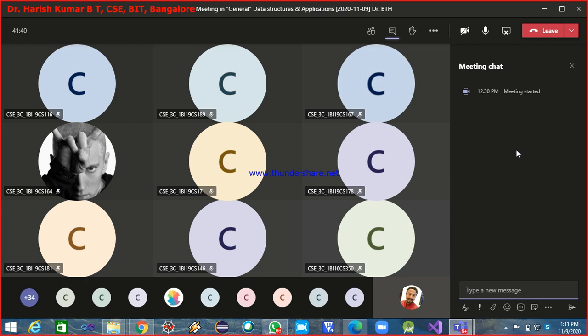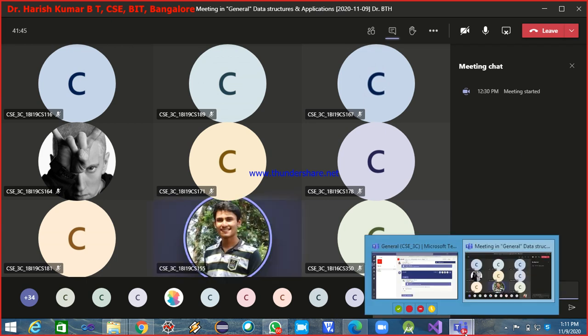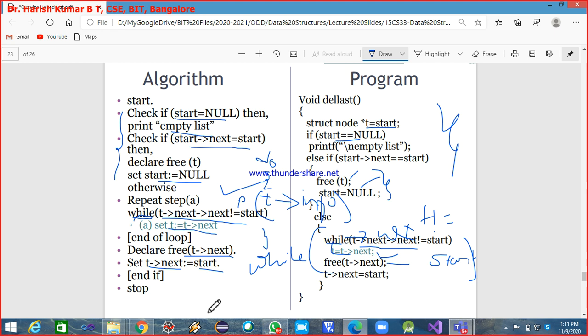Sir, I have a doubt. Yes. Sir, can't we use while start not equal to null, then read all the links? One second. What you're saying is while start not equal to null, and then read all the links in the node, and keep incrementing the start itself.